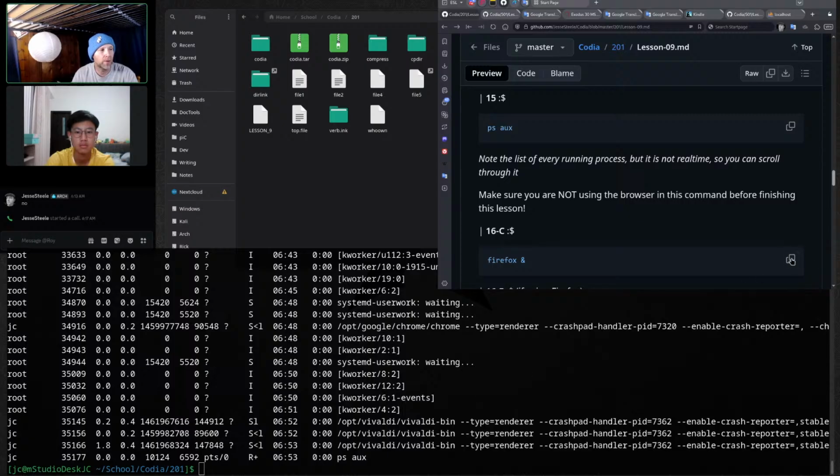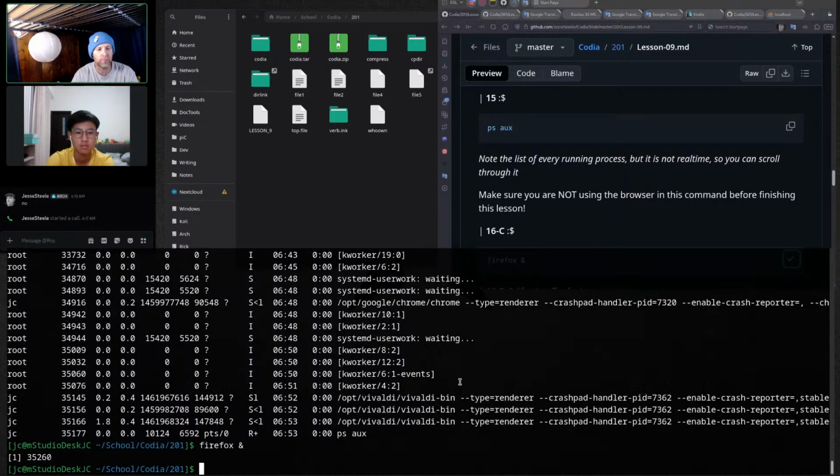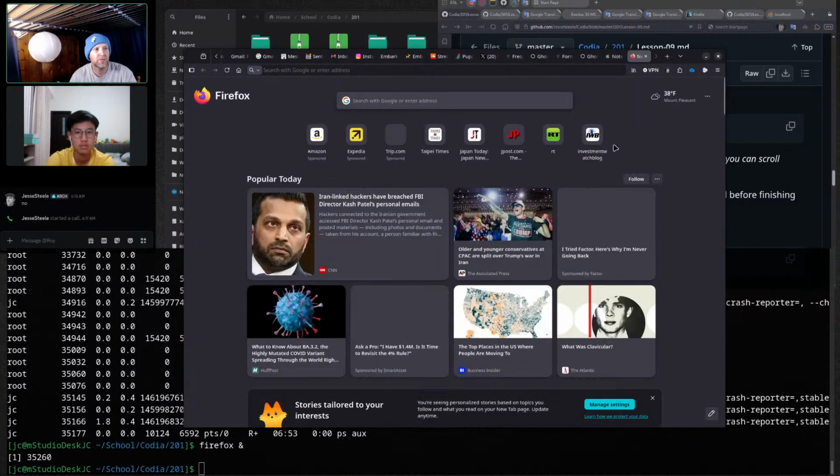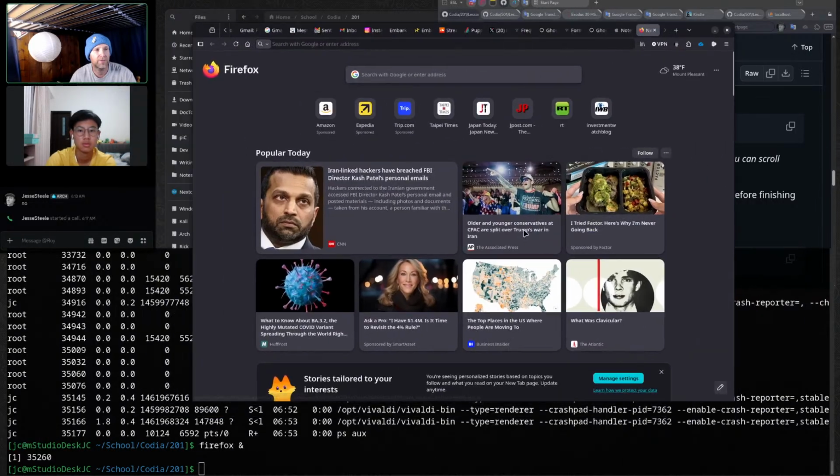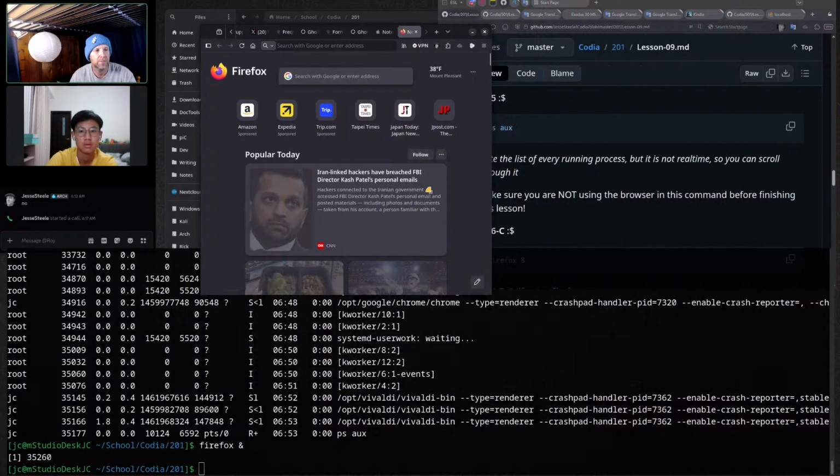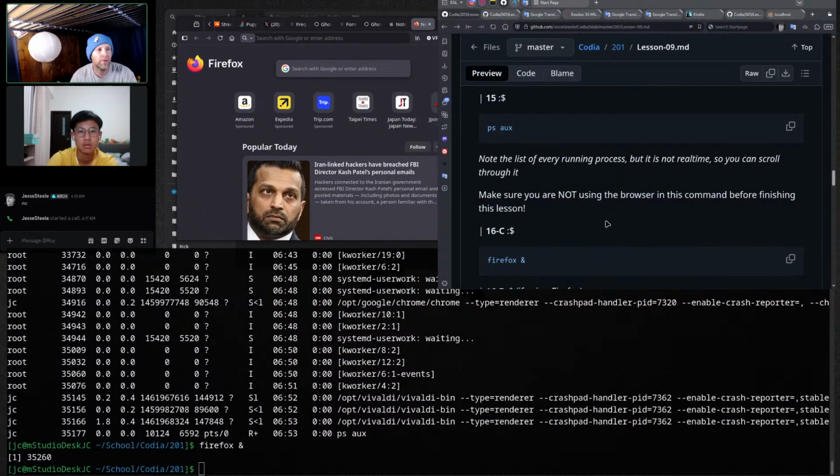Okay, I'm going to run Firefox just as an example. Here it comes. There's Firefox right there. Okay, let's make it really small. Now what we're going to do is,